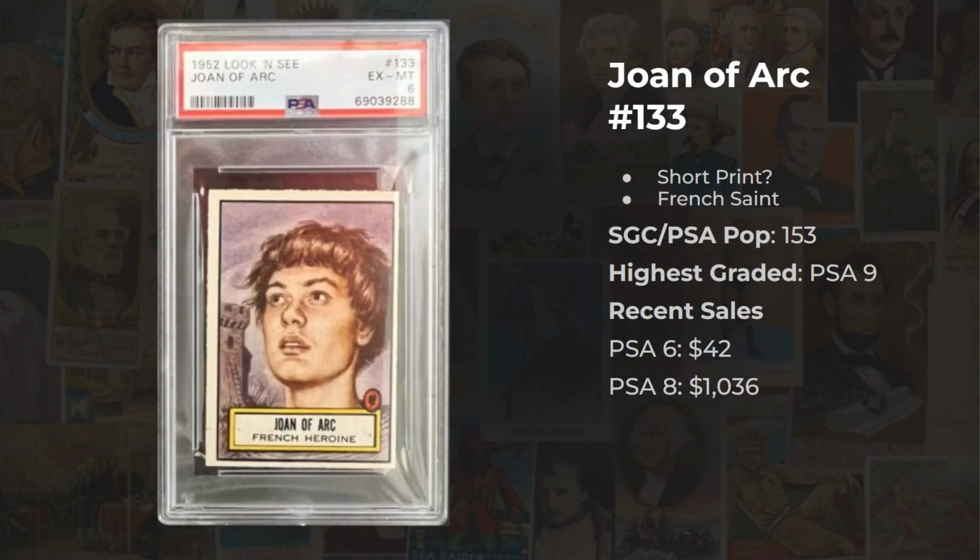Joan of Arc was known as a French saint. I think when I was reading it was the Hundred Years' War or something like that. 153 graded, a 6 sold for $42, but then you jump to an 8, it's $1,036 in the most